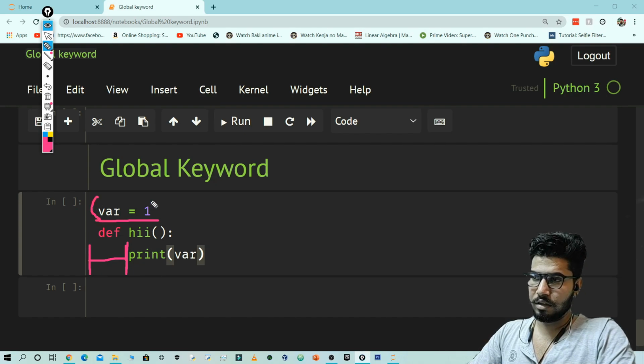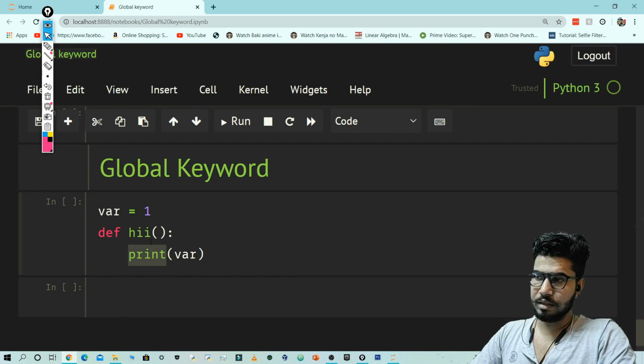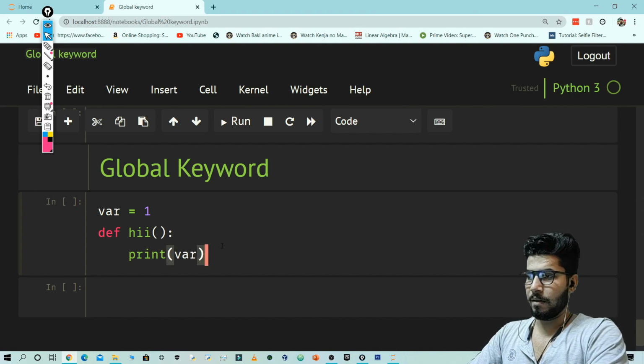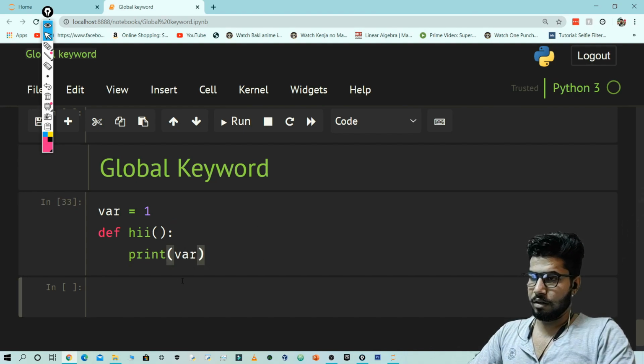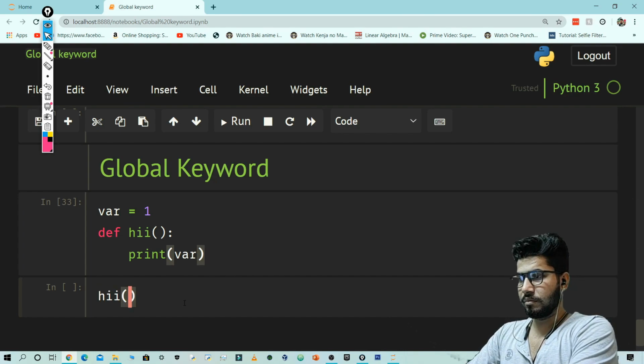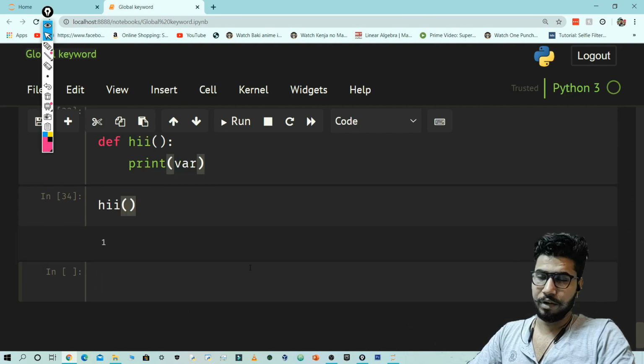So this is in a different scope and this is in a different scope. Now if you want to use the var value in this function, it will not be a problem. I'm going to just call the hi function and it is going to print 1.